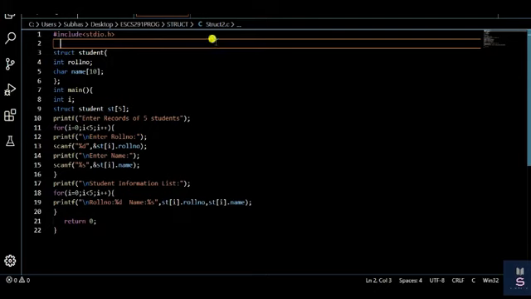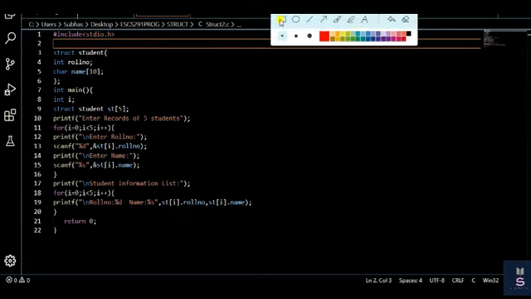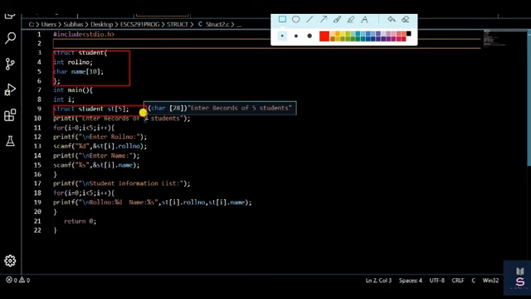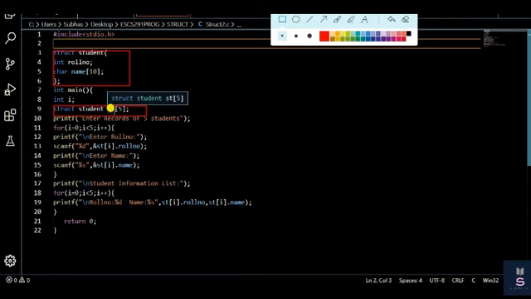Here I have declared the array as a global. After that, we have declared the structure, array of structure within the main method. We can declare it here also, by semicolon, or we can also declare within the main method. So struct student st is the new name of the array, then 5. That means this example is going to store the student record of 5 students.